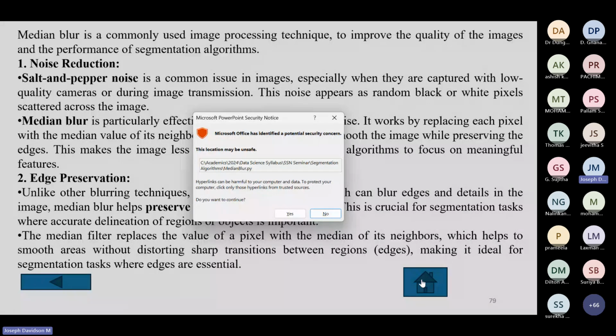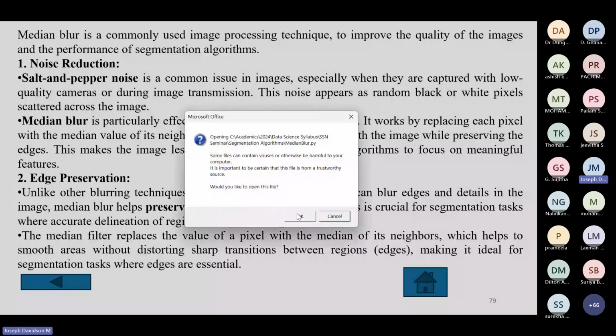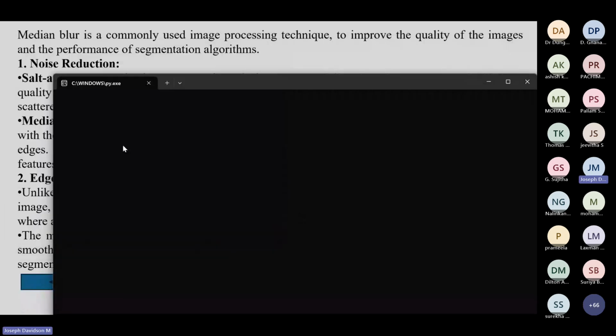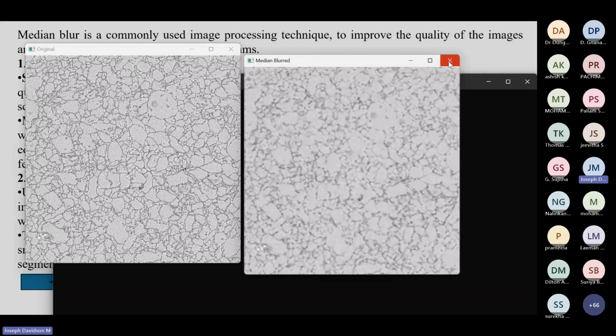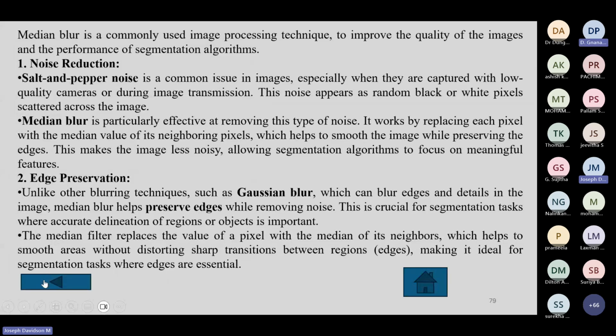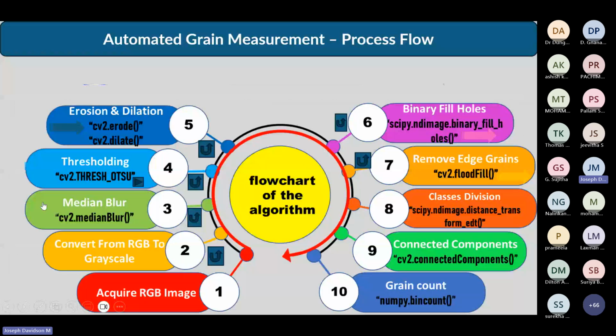So we have a small code again to find out how this works. So we'll use the same thing. Yeah. So this is a median blur, and I'll also open a colored figure. Yeah, we'll go back. We'll take a lot of time. Yeah. The next one is, as I told you, now we have blurred the image.